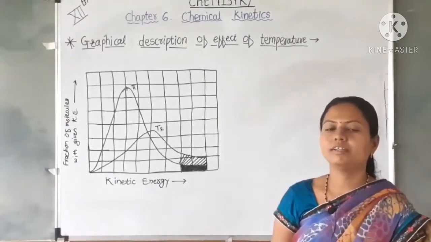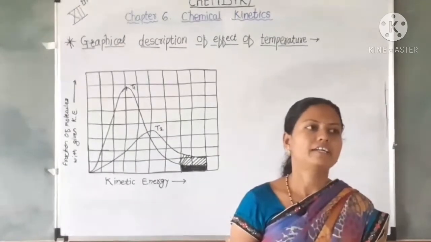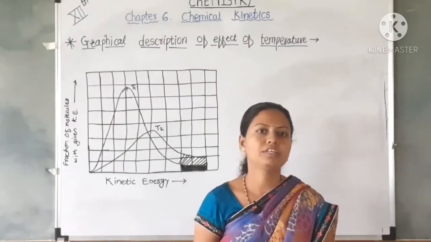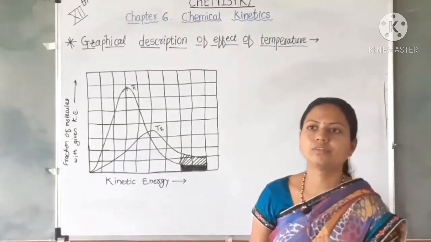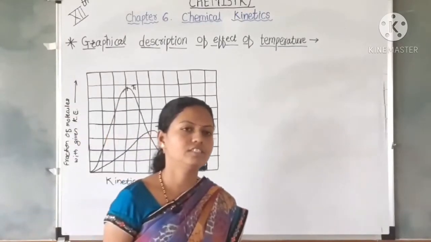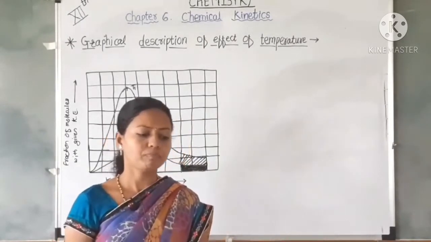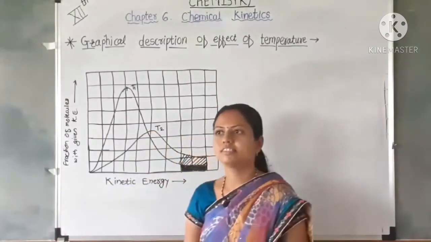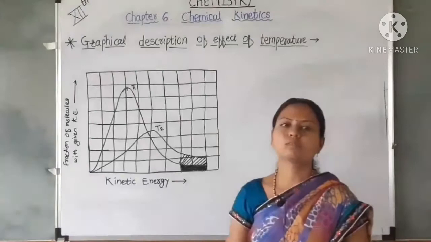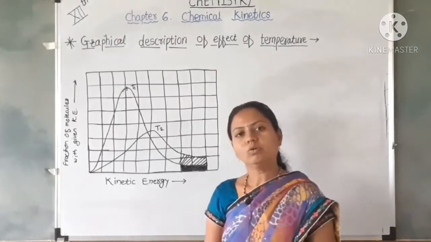In the last lecture we saw that the colliding molecules must have sufficient kinetic energy, which is also called activation energy or energy requirement, and the molecules having proper orientation along with the kinetic energy lead to the products. We know that the average kinetic energy is directly proportional to the total number of molecules present in the collisions. The collision theory suggested that for bimolecular reactions, the reacting molecules must have sufficient kinetic energy as well as the proper orientation.